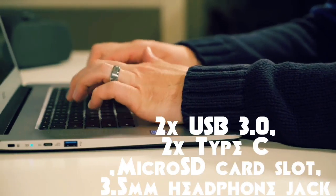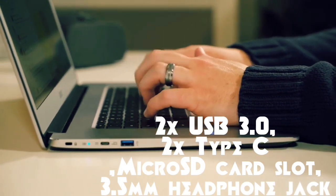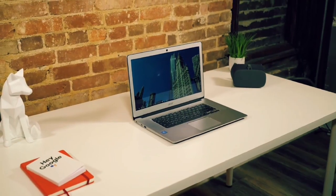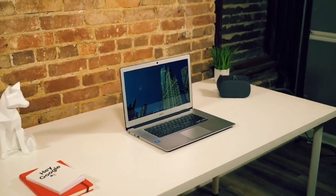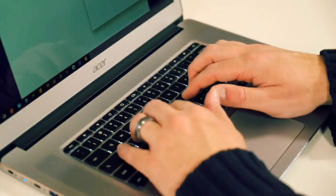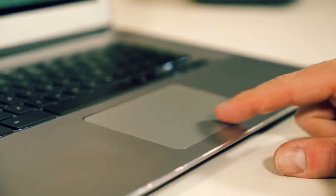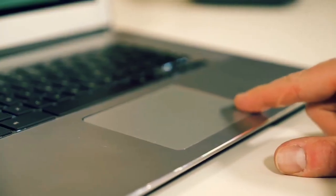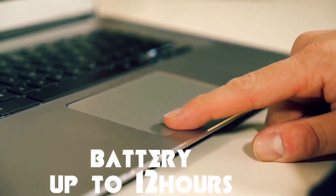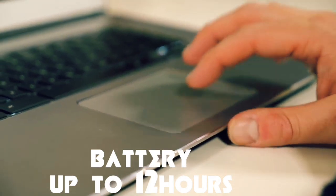So two USB ports 3.0 and two type C ports, micro SD slot and 3.5 headphone jack. And its iconic design in a nice gray color, and Acer can choose a nice laptop. This is OLED display and nice touchpad, battery up to 12 volt, not yet its watt, and so it's